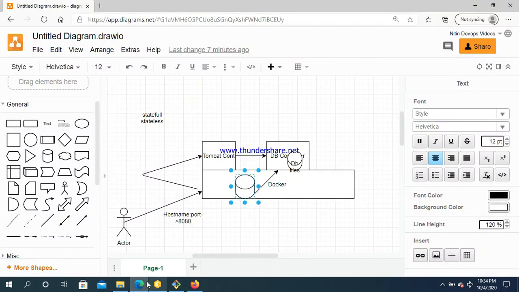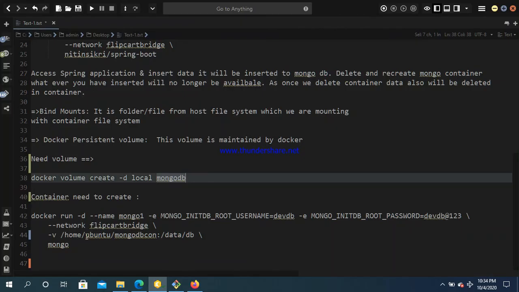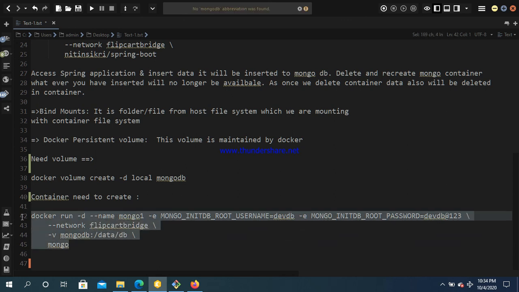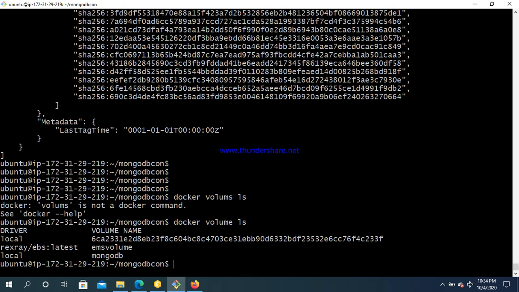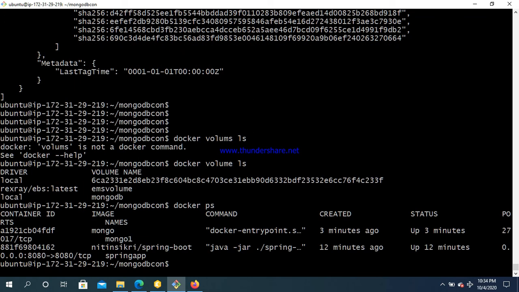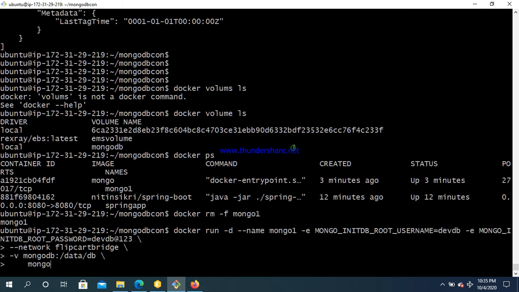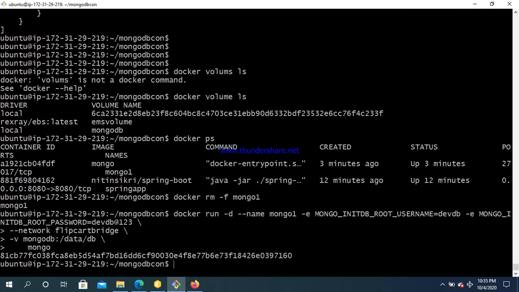Let me create the container, that will help explain better. Instead of creating my local directory, I am giving this volume. So docker ps, my mongo is there. Let me rm -f mongo1. It has been deleted. Let me create this container again. If you inspect mongo1,